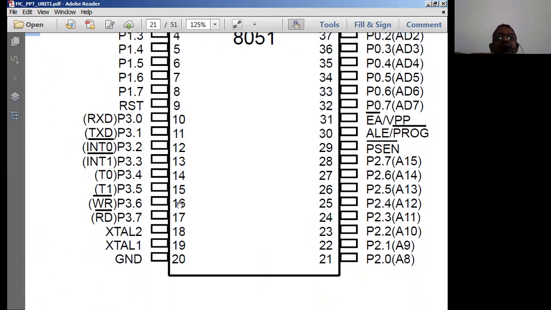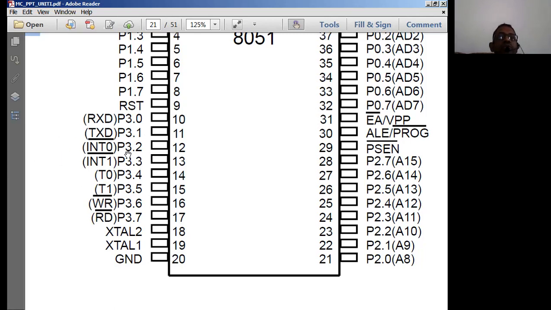We have to perform serial communication. That means serially you want to transmit data to an output device, or receive data from the output device into the microcontroller. That can be achieved by using the transmit data pin TXD and the receive data pin RXD. Data will be received by the 8051 using the serial port. Transmit means the microcontroller is going to transmit its data onto the external device using serial communication.